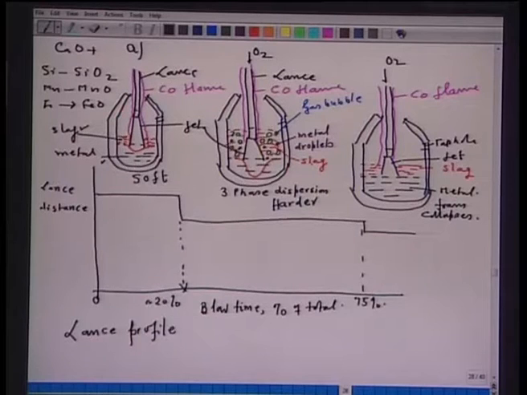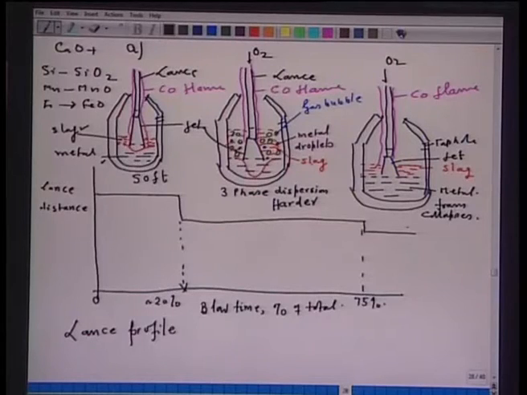Now, this dispersion which we have created is collapsible in nature. That means, once the metal droplets are refined, they become heavier and fall back into the bath, and the slag has become less viscous, so the gas bubbles will also leave the slag phase. So, the dispersion which has been formed collapses. Beyond 75% of the blow, it has been ensured that all the phosphorus has been removed. Now, only whatever extra carbon has to be removed will be removed.